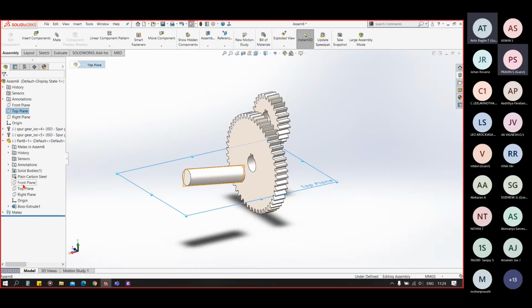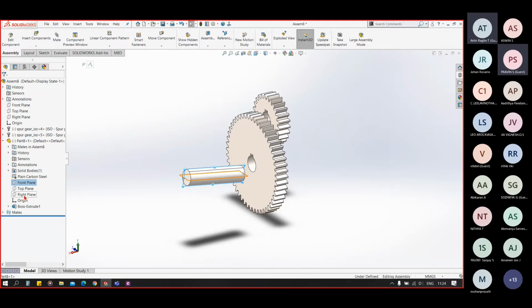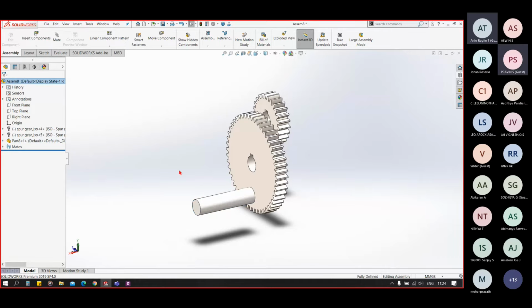Again, top plane in assembly, top plane in shaft, coincide it. Now it is vertical. So right plane in the shaft and top plane in the assembly. And now top plane in the shaft and right plane in the assembly. Now it will be fixed. You can see the shaft is fixed now.